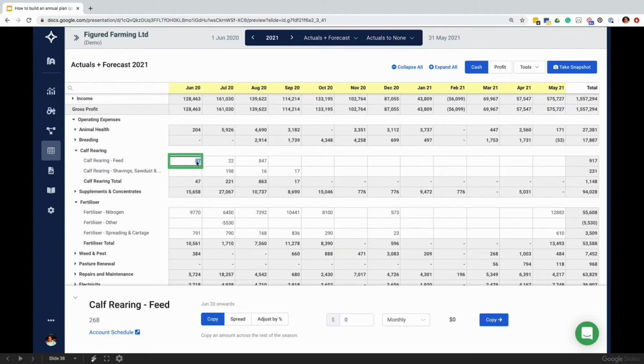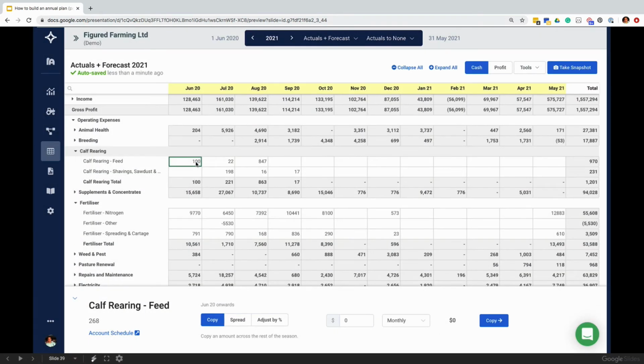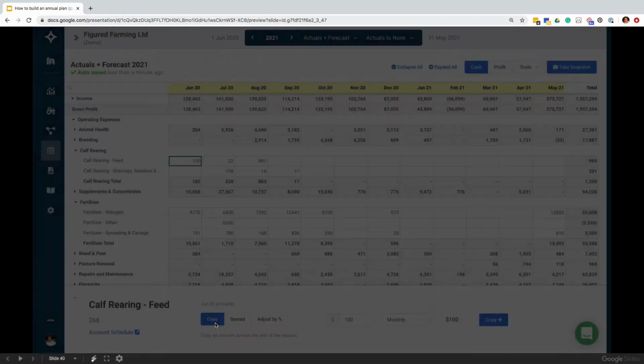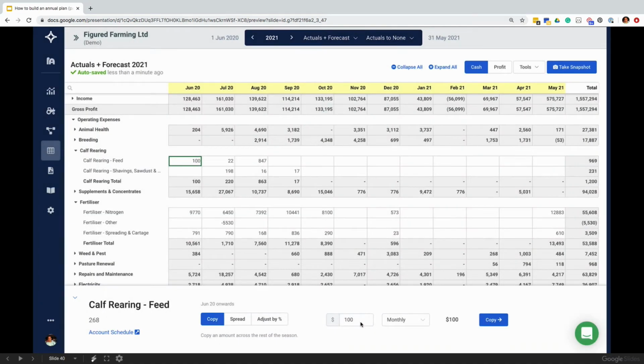One way to do it is simply to select the cell and enter the number. So simple and easy. I've just chucked 100 in there. The other option you have is to use the copy feature. So if you click on copy and put that, it'll put that 100 into that amount field down below. And then the next thing you'd want to do is choose whether you want to spread that copy or copy that amount across either monthly